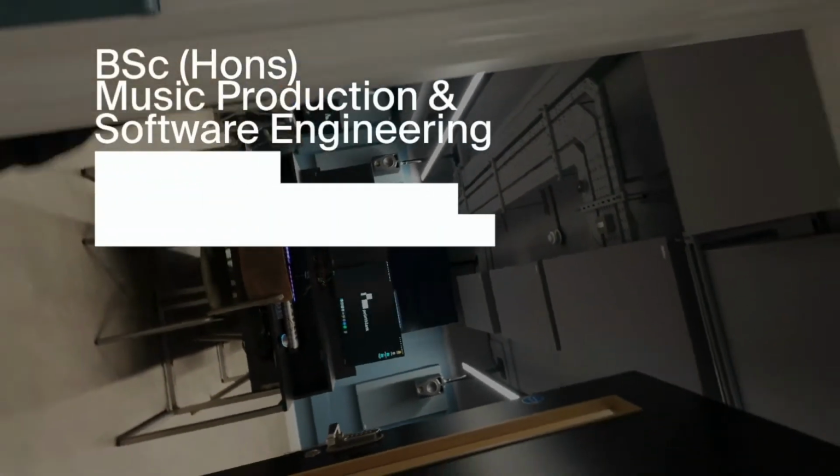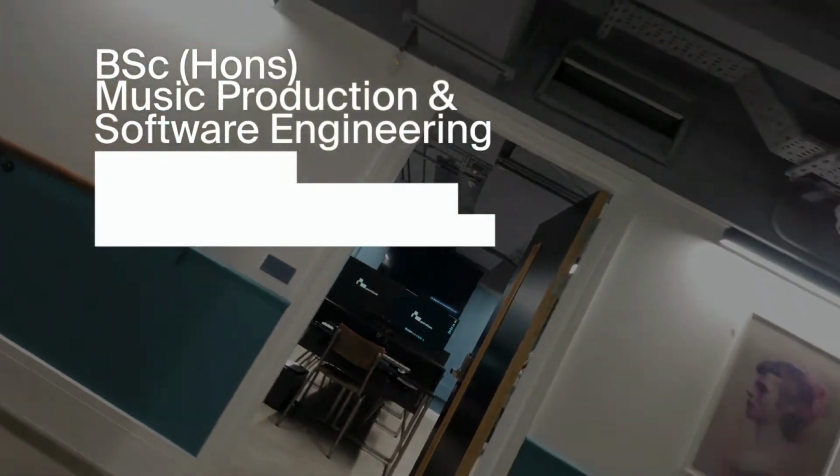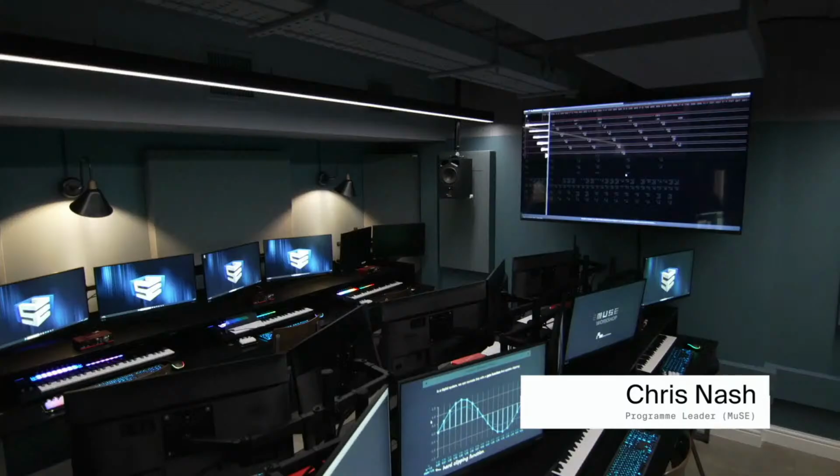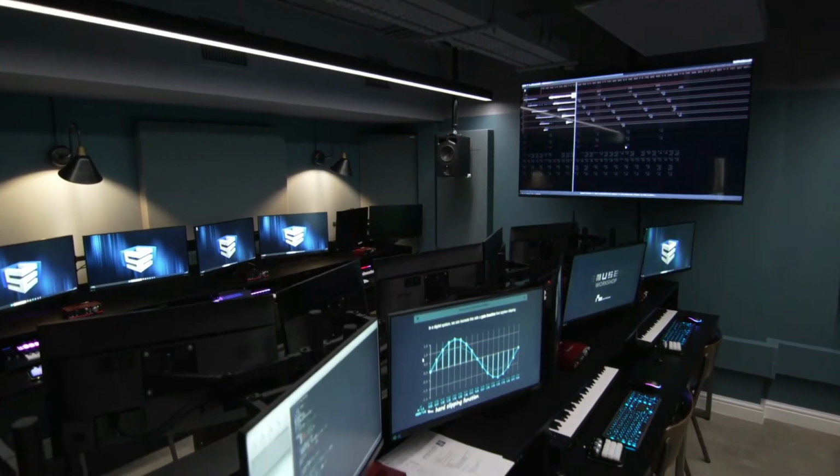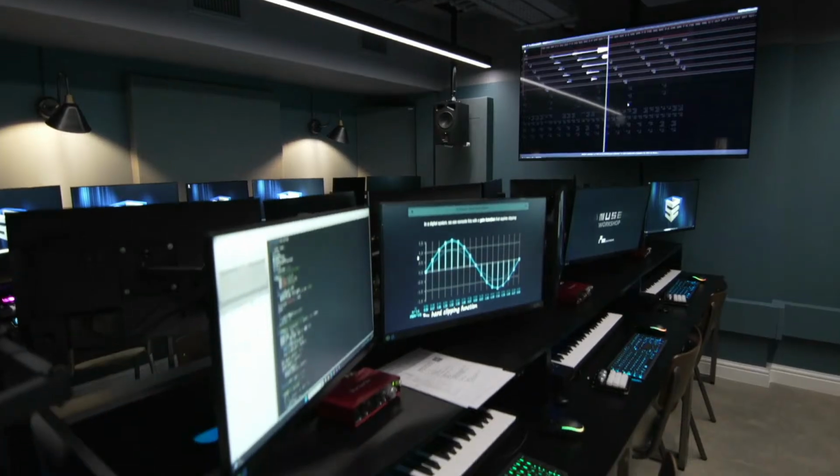The music production and software engineering course, also known as Muse, looks not only at how we use technology in advanced ways, but how we make it. Music software engineering is about creating tech products that are going to help people to create